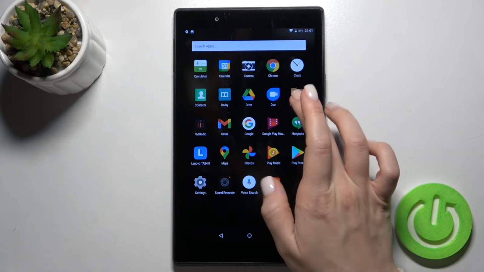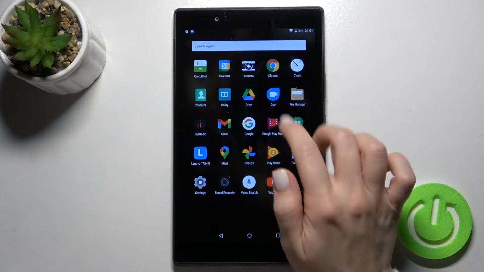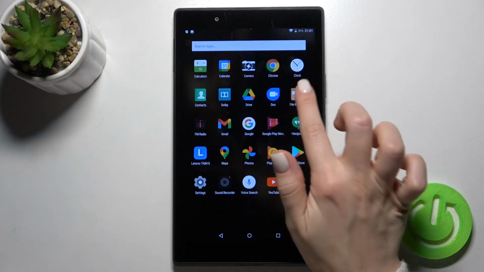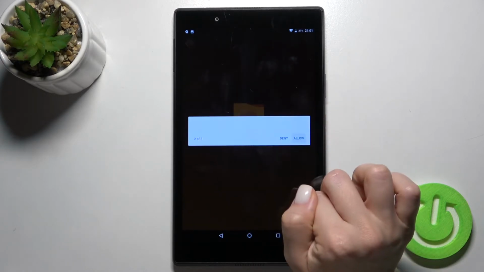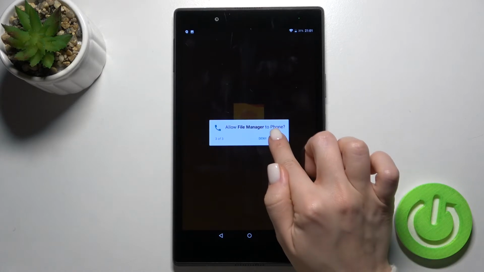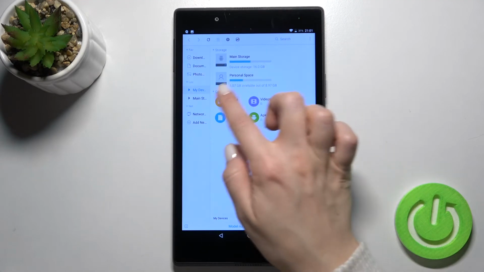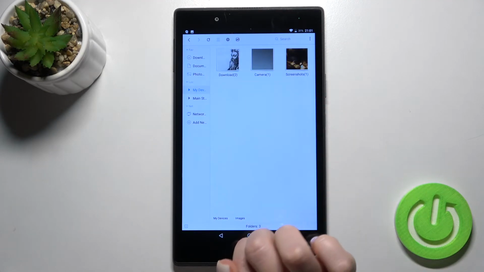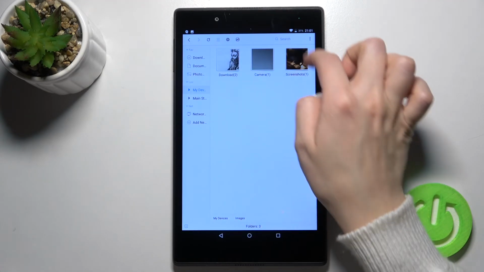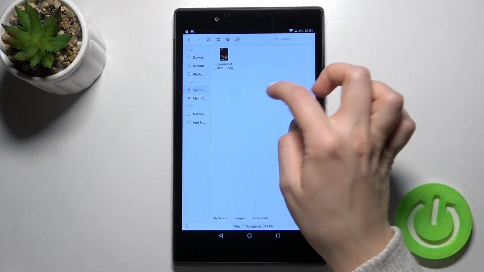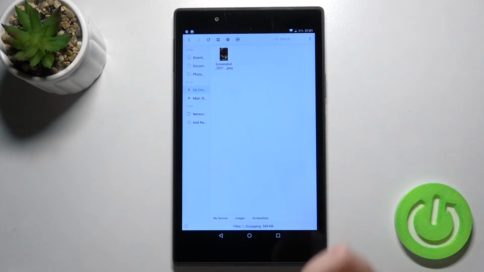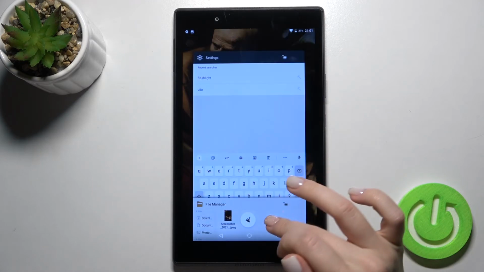Just right now, go to your file manager, okay, and right now you'll see here in your images folder the screenshots album. Just tap on this album and you will find your screenshot. So that's it,